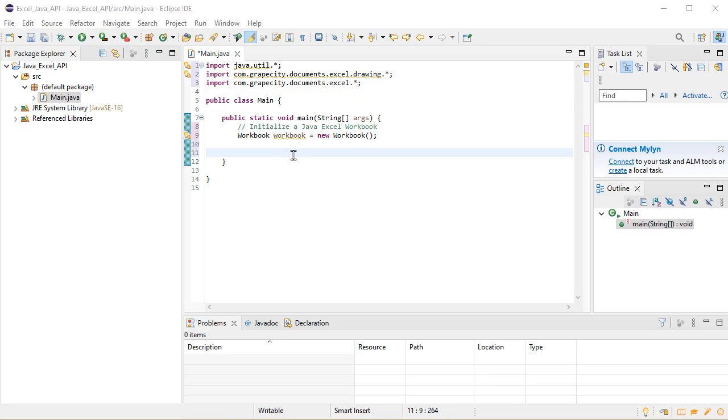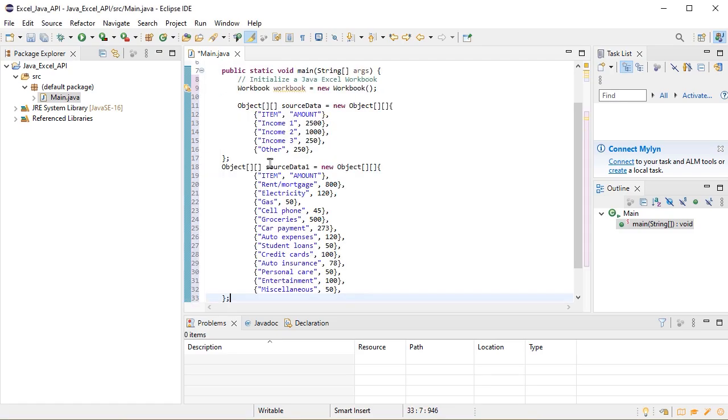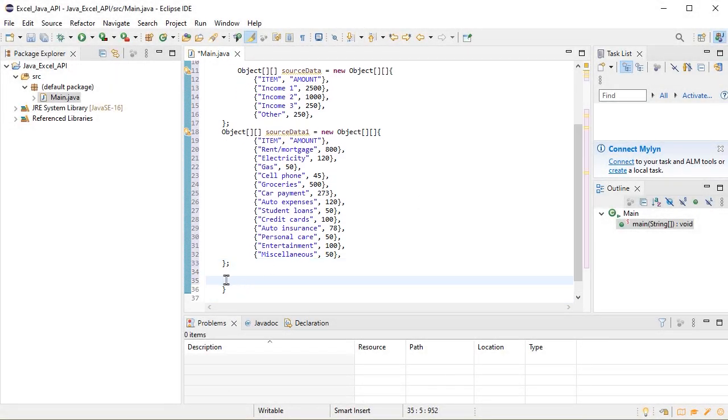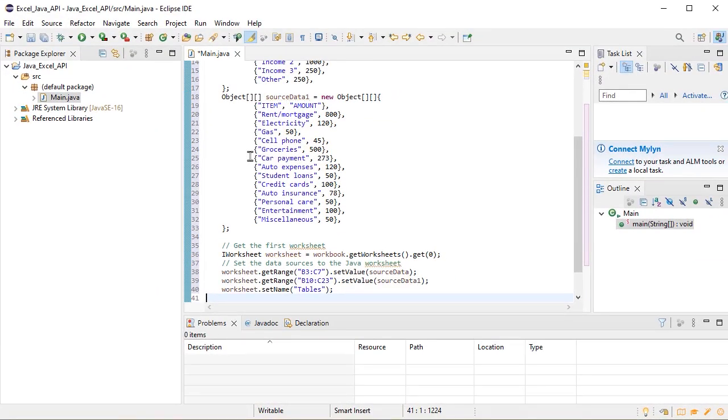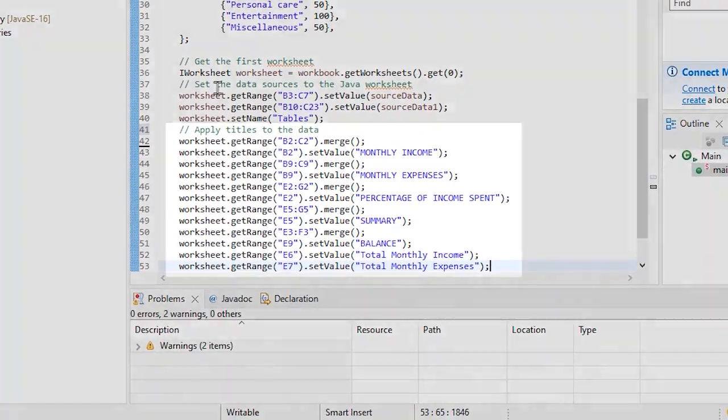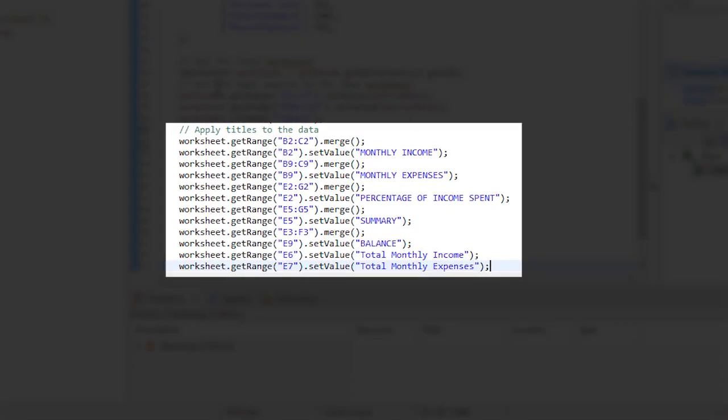Next, we'll create our budget tables. Start by defining the data arrays representing income and expenses. Then assign them to specific ranges within the Java XL worksheet using the setValue method of the iRange interface. Then we will apply titles to the data by merging cells and setting text to the cells using the setValue